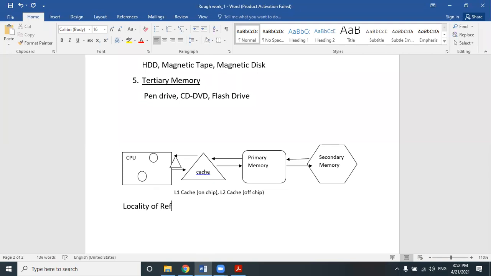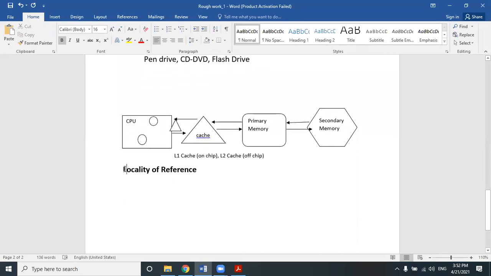Now, one concept that I need to discuss with you is called locality of reference. In terms of memory hierarchy, this is one of the very, very important concepts in computer storage devices. What is locality of reference? Listen very carefully. I'm giving one real life example, one case study or illustration, to give you the concept of locality of reference. Everyone listen very carefully.